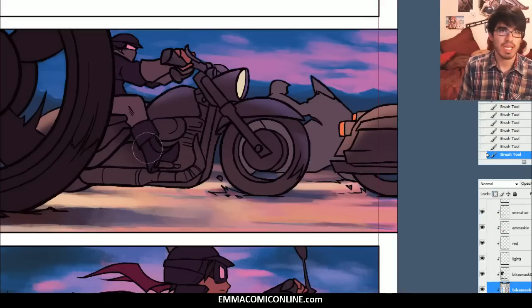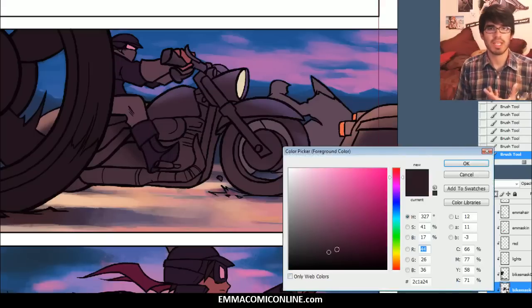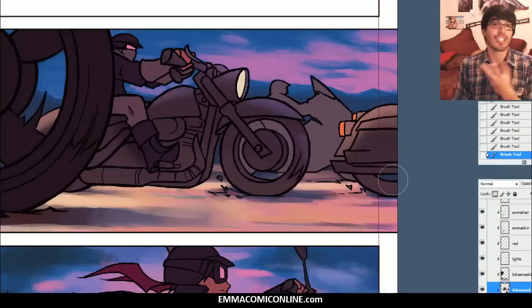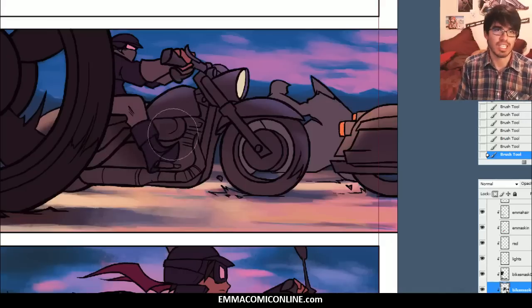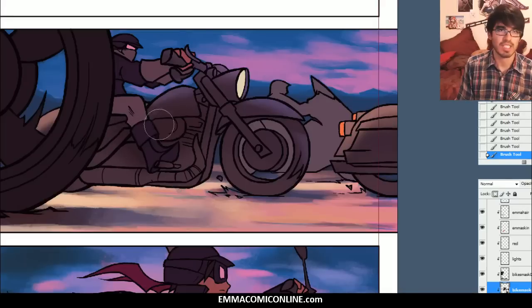But I've been trying to... Lately I've been noticing that I've been having a lot of anxiousness about the comic, right? Or, am I doing this right? Is this really what I'm going for? What if it doesn't look good? This is something that I tell you guys a lot of artists go through, and I go through it too. I think the best thing to understand is that